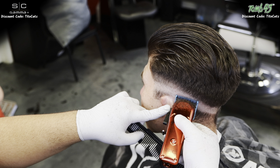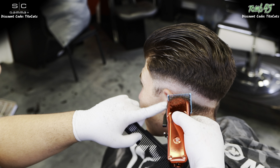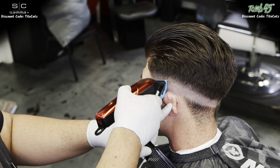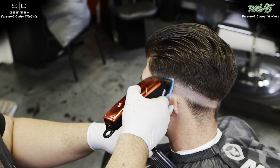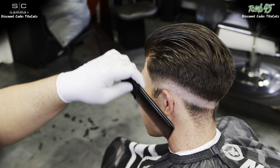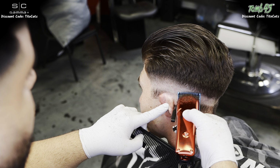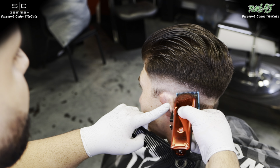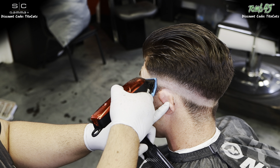Now, if you're not comfortable with going straight to the half guard, you can do this same motion here with the 1 guard, start open and then go closed. But if you start here with this half guard, which is what I want to encourage you to do to help you become more efficient over time, if we can start with this lever all the way open and you just use nice soft pressure, straight up and down motions,